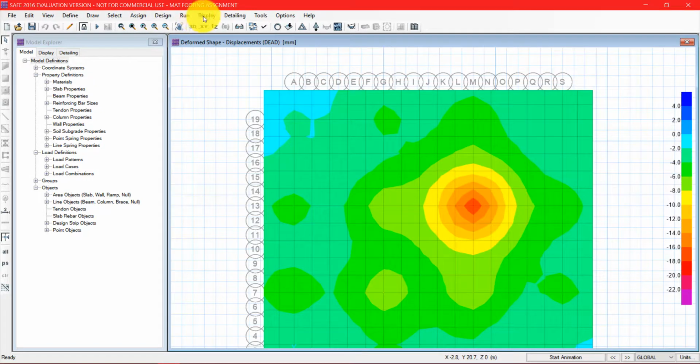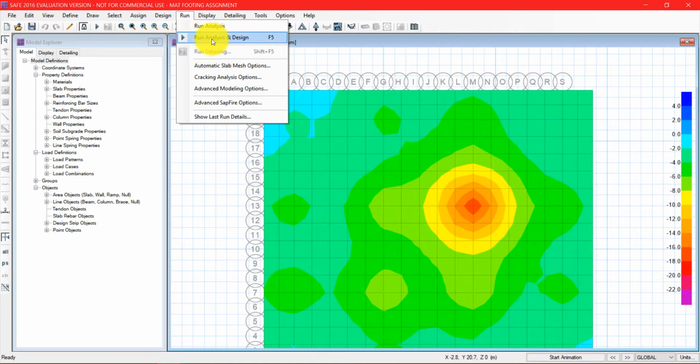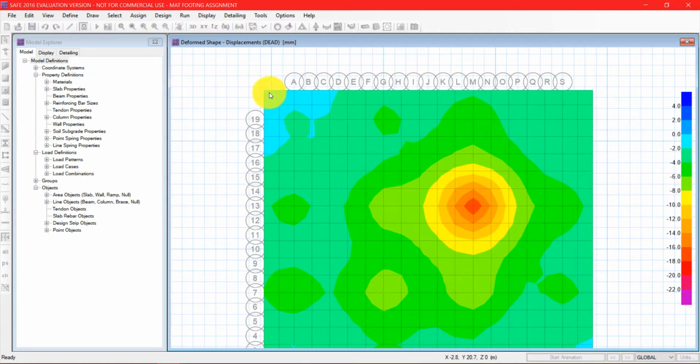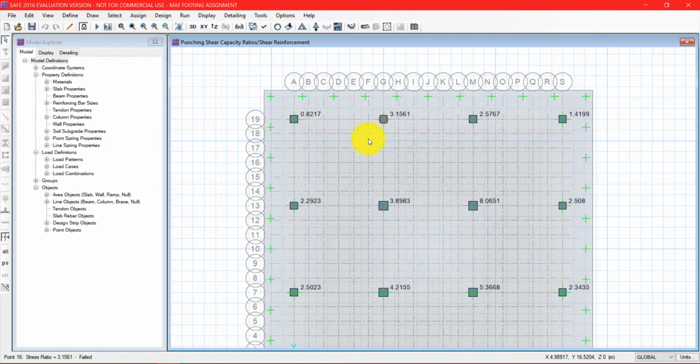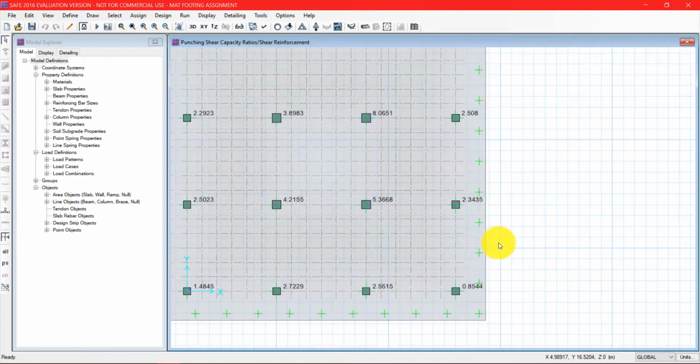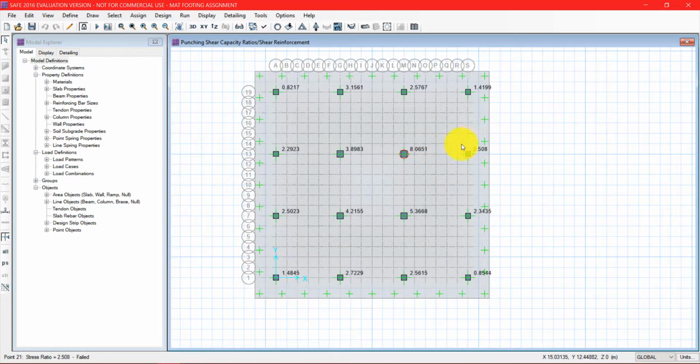After running the analysis, run the design and analysis again. After running the analysis and design, we can go and check the punching shear failure. In the display, show punching shear design. Here we can see that each point is coming greater than 1 as a shear design. So since we are getting it greater than 1, we have to change the